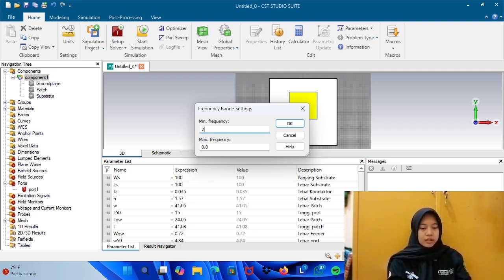Value is min frequency 2, because the central value is 2.4, and you give a max frequency 2 plus 0.8, which is 2.8, and misalnya 2.4 gigahertz.